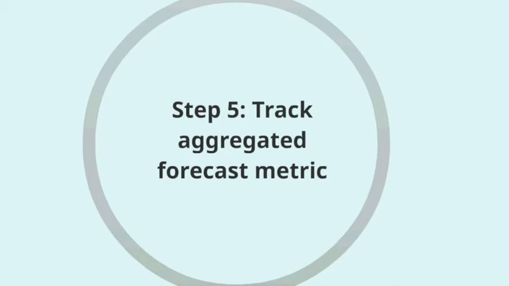For step 5, we have track and aggregated forecast accuracy metric over time. An aggregate forecast accuracy metric is needed by top management for process review and financial reporting. This metric can serve as the basis for tracking process improvement over time. Similar to statistical process control metrics, the forecast accuracy metric